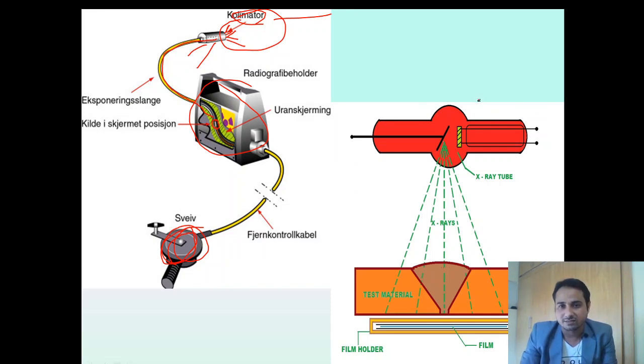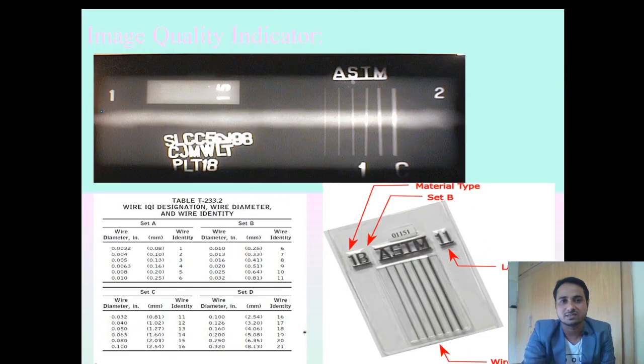Now we can see here this is my welding joint. Now this is my film. If the film is exposed to light, it will vanish and get spoiled. That's why the film consists of silver bromide, AgBr. AgBr will be affected by light. That's why we are putting it in the cassette. Means there will be screens and there will be a film holder or film cassette. So we are keeping the film inside that to avoid exposure to light. Okay, so this is the basic arrangement.